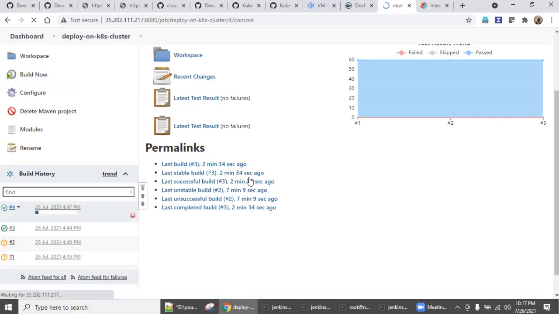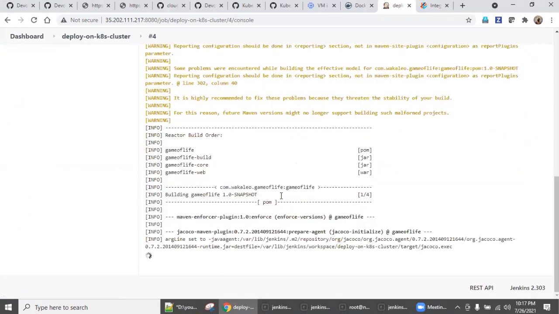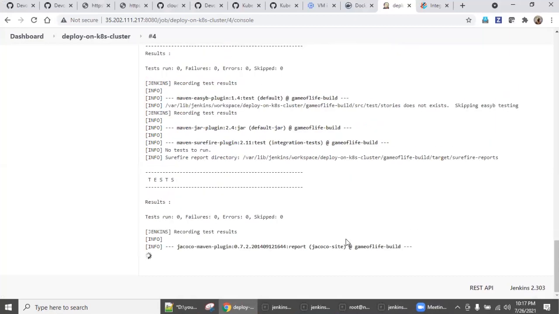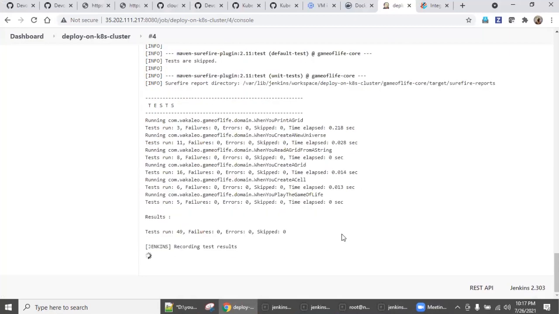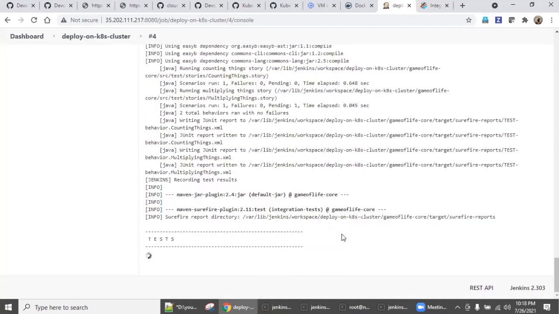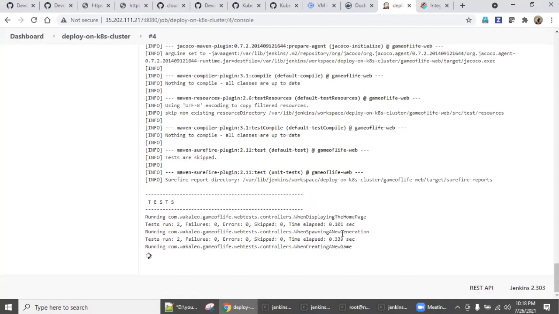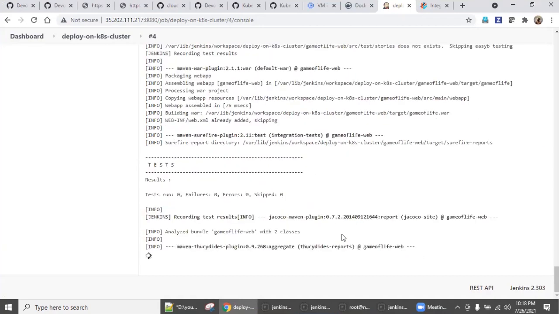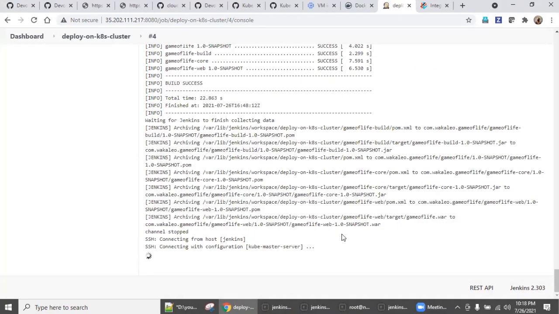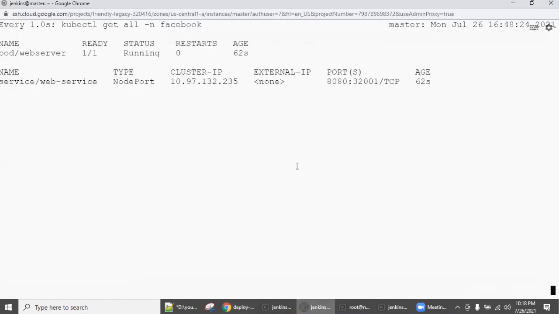So let's go and check. Let's wait for the things. So now it's connecting to the master server. Go here.